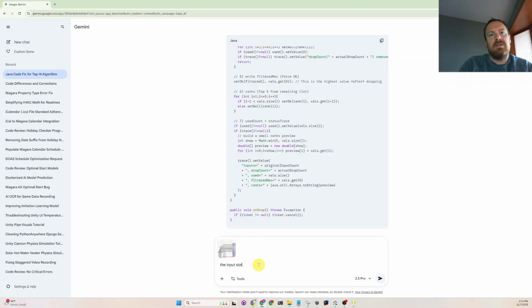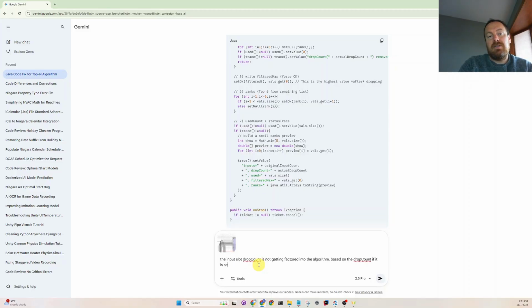The input slot drop count is not getting factored into the algorithm